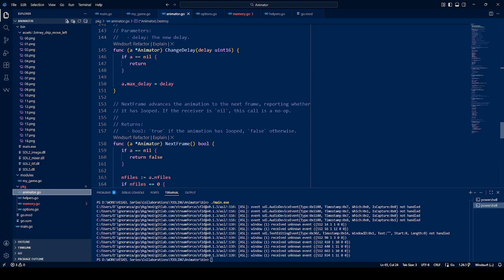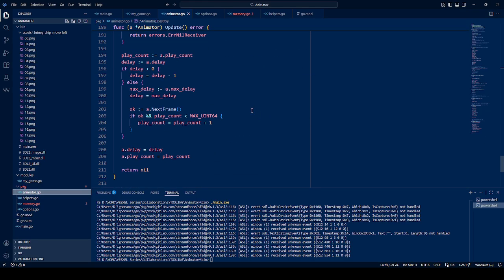We need a way for this update function to also signal. Okay, so when we stop this animation, we have to check whether